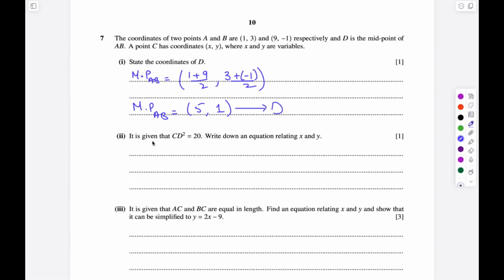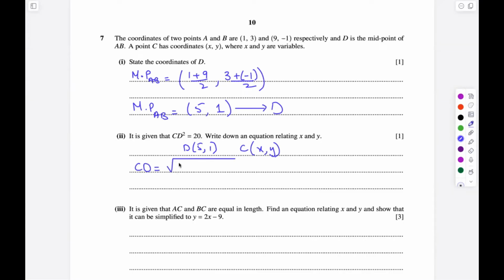In part 2, it is given that CD squared is equal to 20. We have to write an equation relating x and y. Now we already have the coordinates of D, which are (5, 1). It is given in the question that the coordinates of C are (x, y). So the distance formula, if you're finding the distance of CD, is